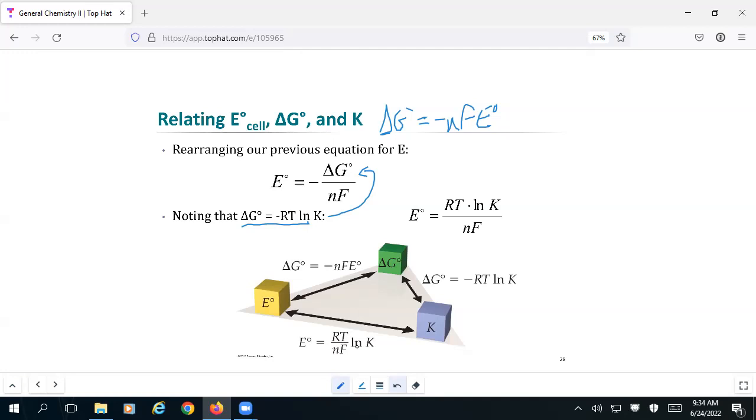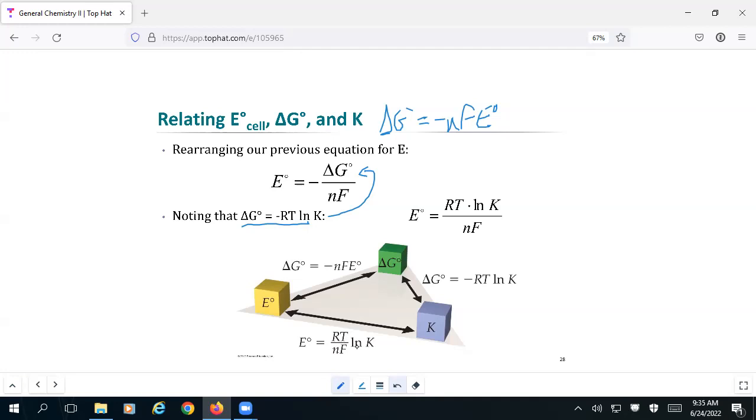We just saw the relationship between delta G and the standard cell potential E. And now we can see that by rearranging those to each other, we can determine the relationship between the equilibrium constant K and the standard cell potential. Again, this is all useful information to us because, like I said at the end of yesterday, we're coming to the point where we're stitching this all together and putting the thermodynamic stuff fully together with the equilibrium stuff,